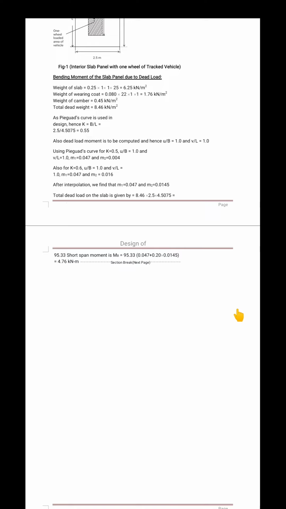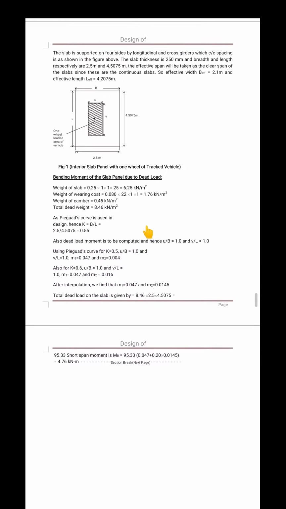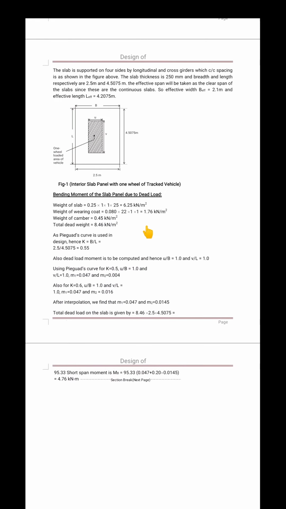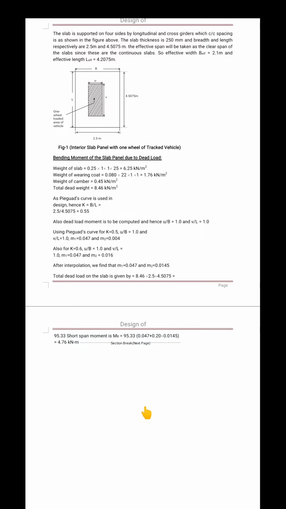How we got? Total dead weight is what? How much we got? 8.46 with these calculations, correct? We are going to multiply with this panel size. This is the uniformly distributed load which is going to act upon this panel. So we just multiplied with the panel size, that is 2.5 and 4.507. We got the total point load of 95.33. Okay,